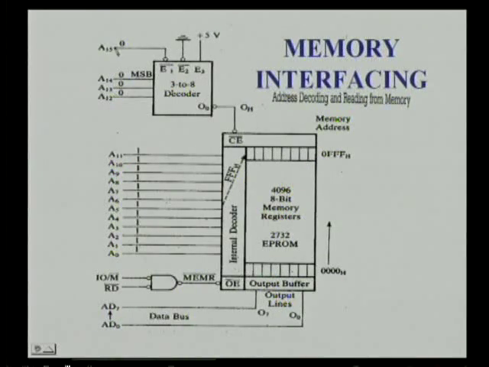By using the first nibble, all zeros, output 0 will go low, enabling the memory chip, and the remaining 3 nibbles are all ones. Now the memory register selected will be this, and the microprocessor can communicate with it by using the read bar signal,